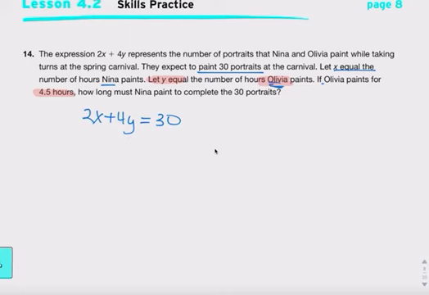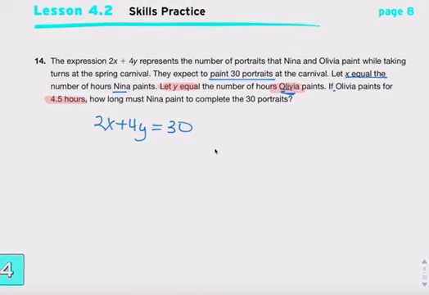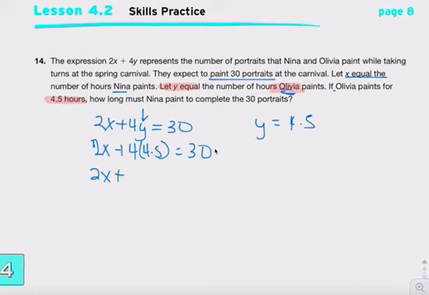Okay, y is equal to 4.5 hours, so I substitute that in. 2x plus 4 times 4.5 hours equals 30. 2x plus, okay, what's 4.5